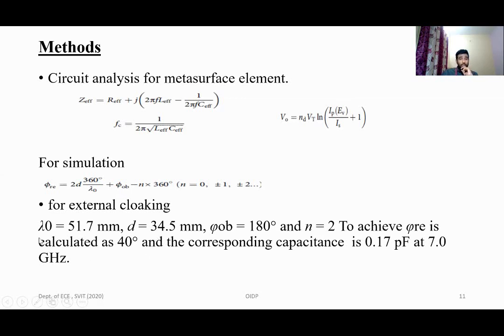So for external cloaking, lambda naught is equal to 51.7 mm, d, the distance, is 34.5 mm. Phi observed, the reflection phase of an object, is 180 degree, and for n equal to 2, to achieve phi_re equal to 40 degree, the corresponding capacitance taken is 0.17